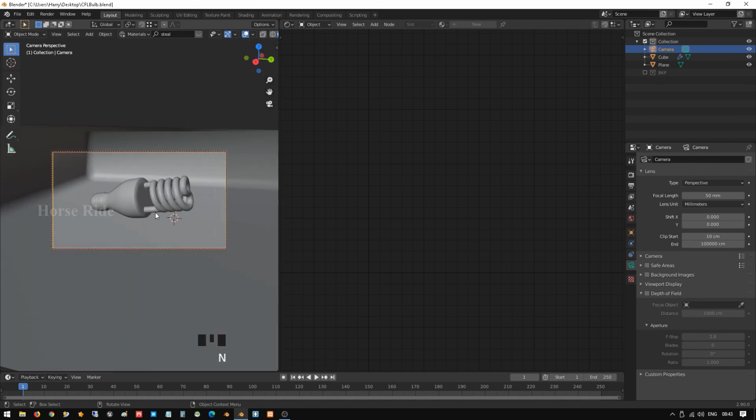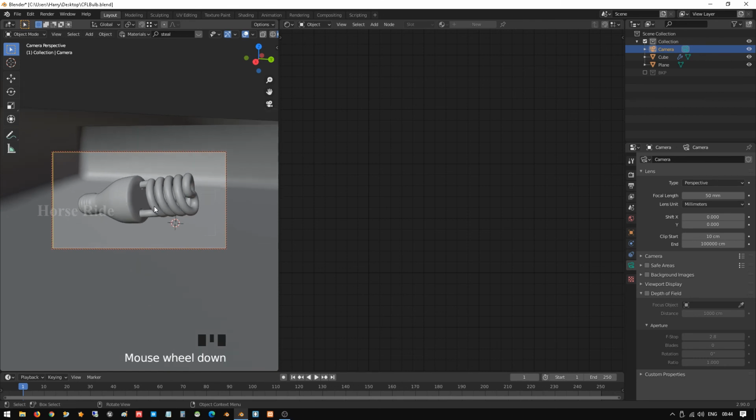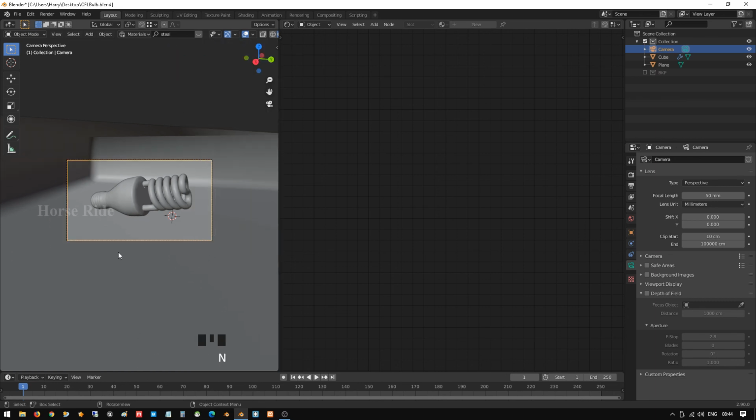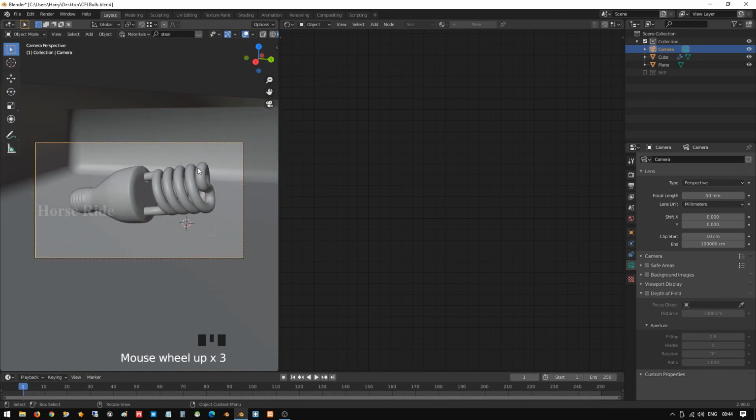So this is the angle at which we are going to take the design. Okay, press N on the keyboard and unlock the camera view, and press Z and rendering view.